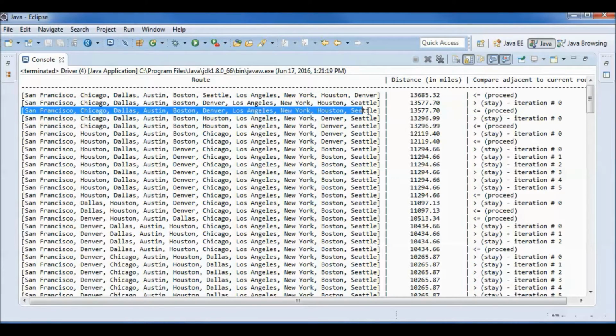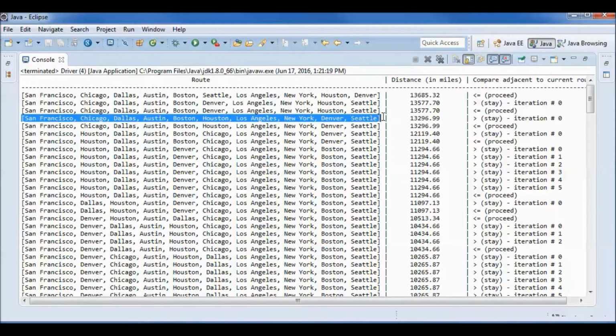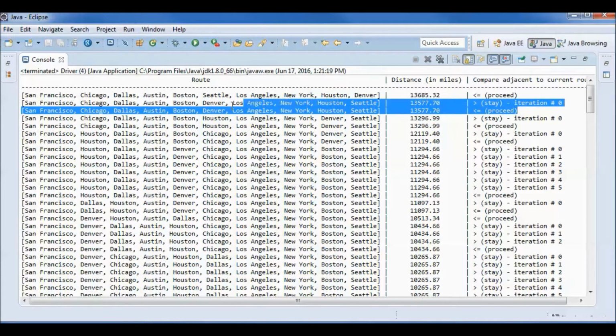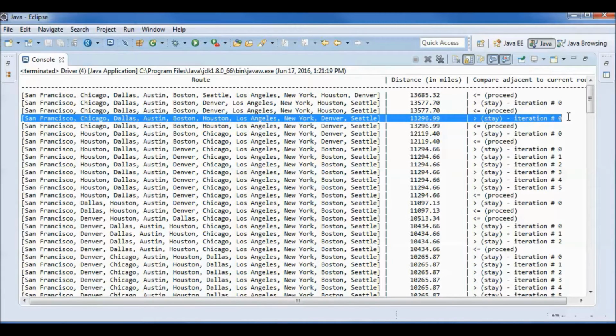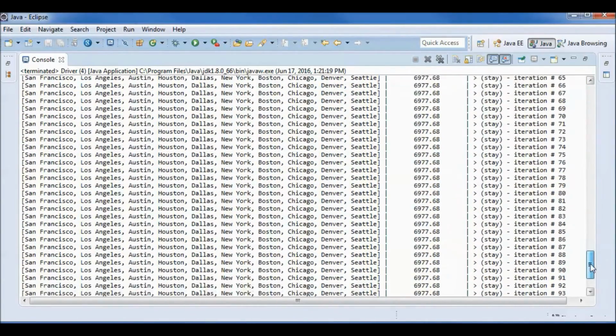So here we have the same route, but again here we take a look at this adjacent route that has Houston and Denver flipped, and we find that it has a shorter distance, so we proceed from here, and now we are here, and we keep doing this